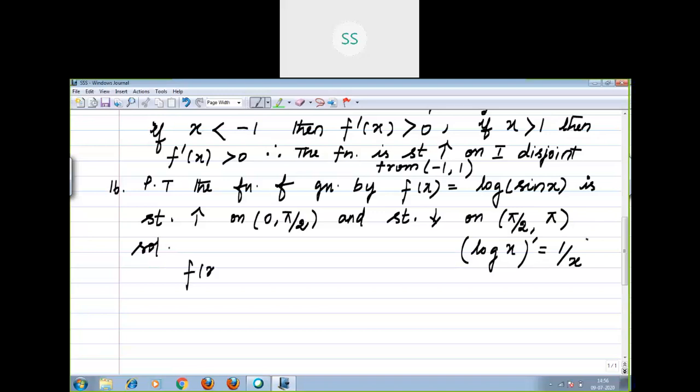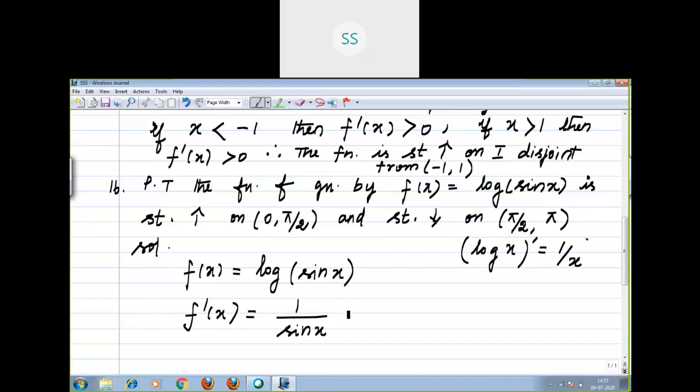Now, what is your function? Solution. f of x equal to log of sin x. Here one thing you have to listen carefully, children. Log of sin x means you should imagine the total sin x as x. Based on that, I'm going to differentiate. f dash of x equal to log of x means what can you write? Yeah, very good. 1 by sin x. In the place of x, you have sin x.